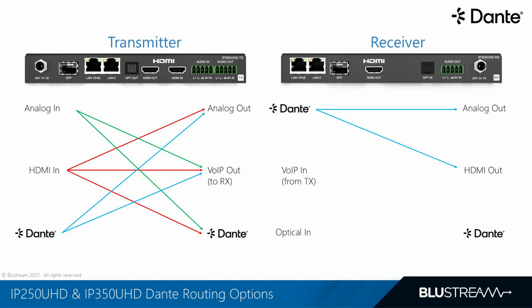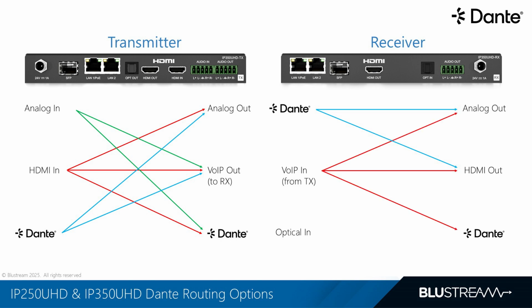But the flexibility doesn't stop there. If needed, the Dante audio can also replace the HDMI embedded audio locally at that specific receiver. This means you can mix and match sources and outputs on a per room basis without having to reconfigure the entire system. It's a smart, scalable solution that gives you precise control over your audio distribution, whether you want to mirror, isolate, or completely override the default AV stream at any receiver point.